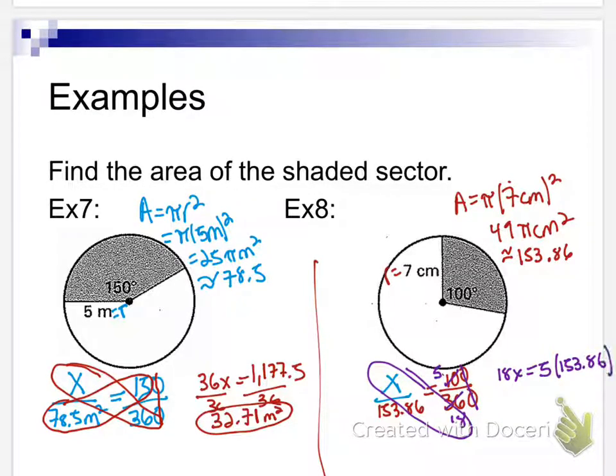153.86. Again, you didn't have to do that, guys. You could have chosen to just multiply as is. They'd just be bigger numbers, so it's not really the end of the world. It just makes it a little easier for me to deal with these. So let's go here. We have 5 times 153.86, and then we get 18x equals